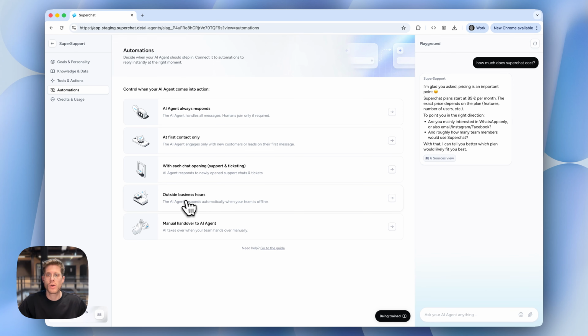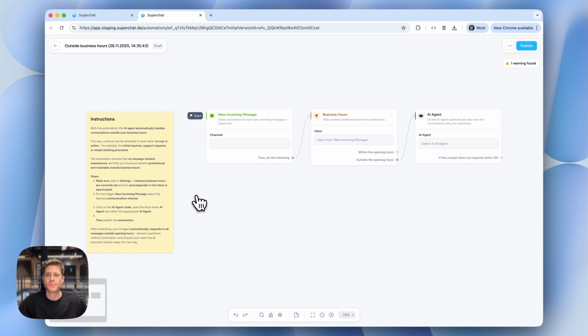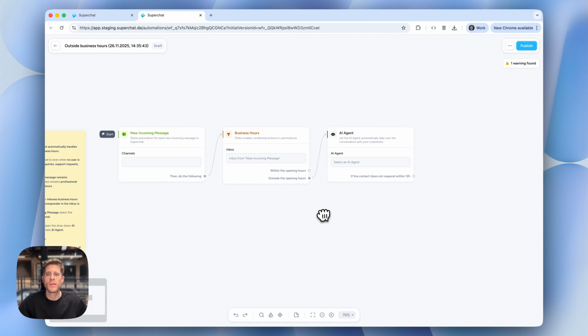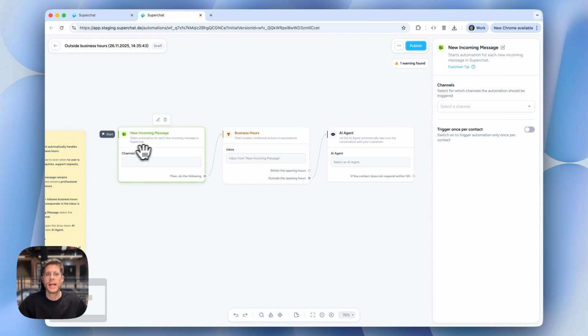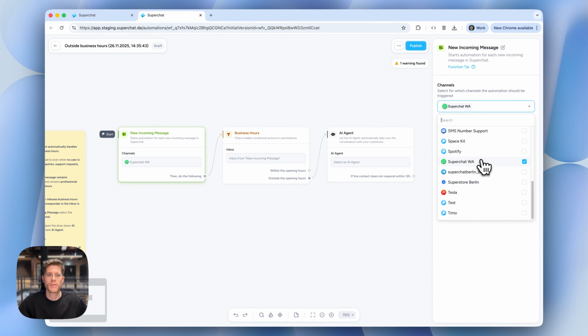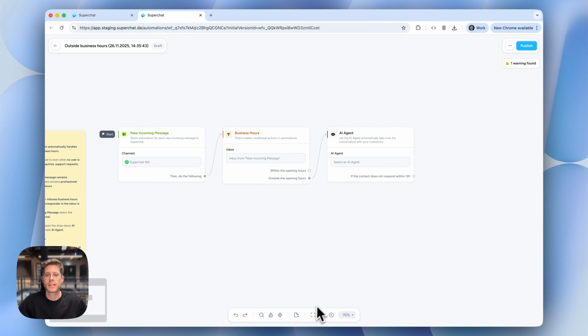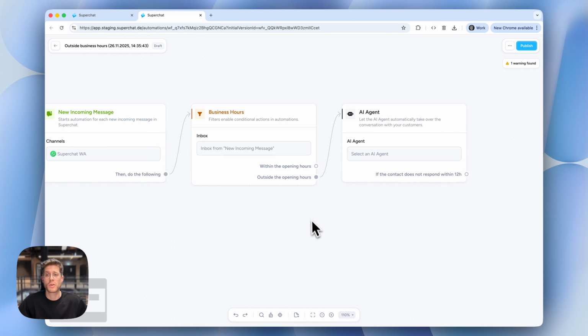So in our case, we will go with outside business hours. We will click on it. Now this is a template, as you can see, the nodes are already pre-filled, and here we can now decide on which channel this should work for: WhatsApp. In our case, it really works across all channels, so also live chat, email, Instagram, and so on and so forth. And then here, when the contact sends a message outside of the opening hours, we now want the